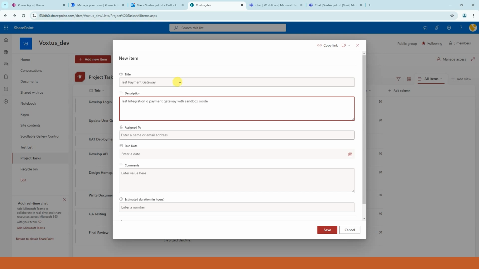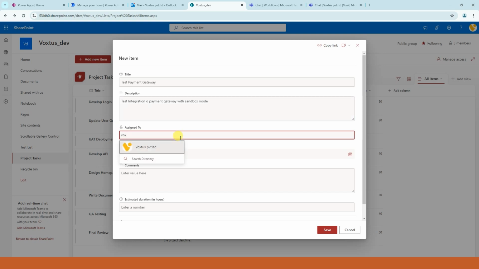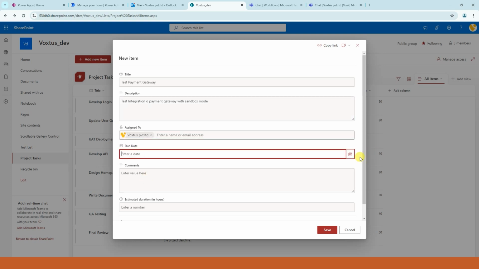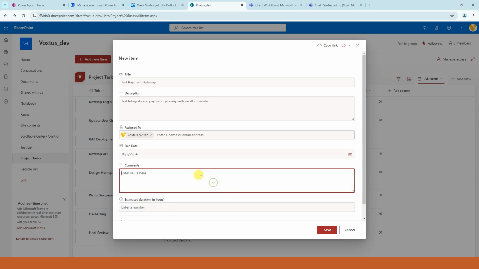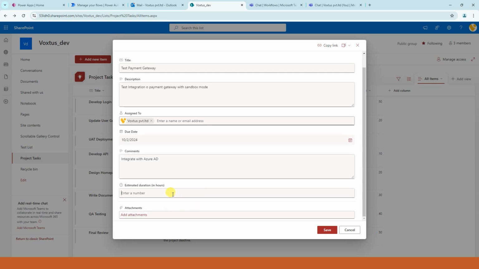Okay, and assign to, this time we are going to assign it to Voxtus, and due date, I'm going to select my due date here, and comments: integrate with Azure AD, and estimated hours this time it is going to be 30 hours, and our condition is,